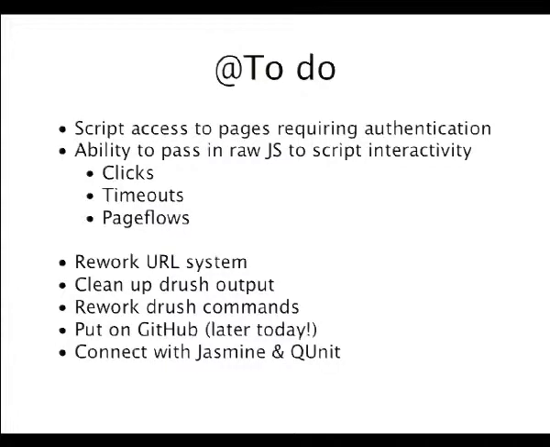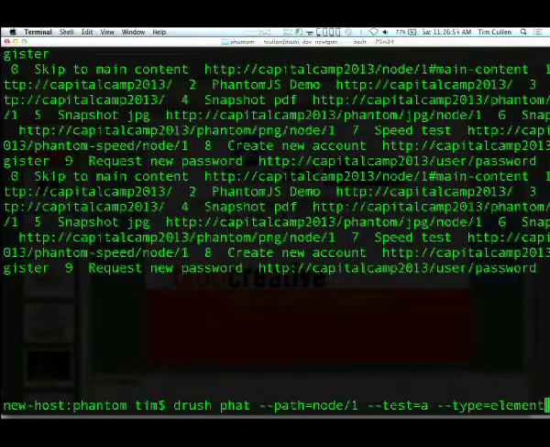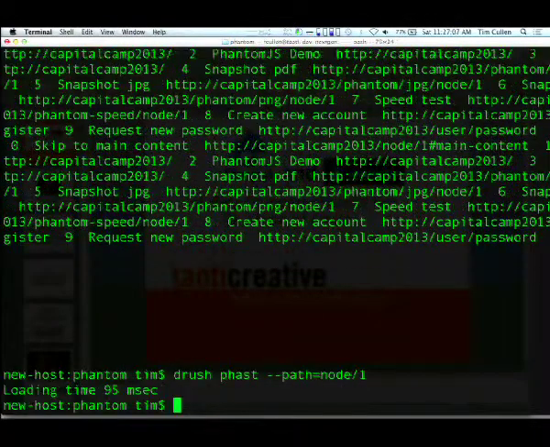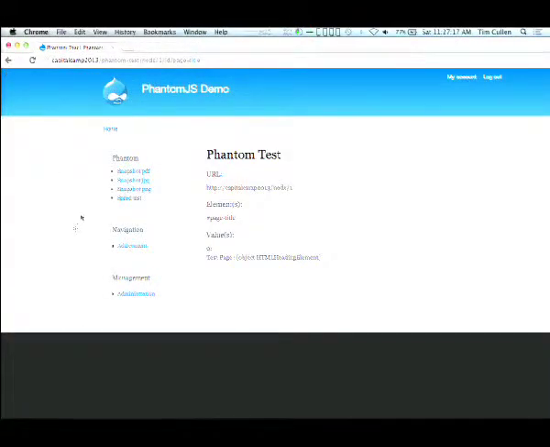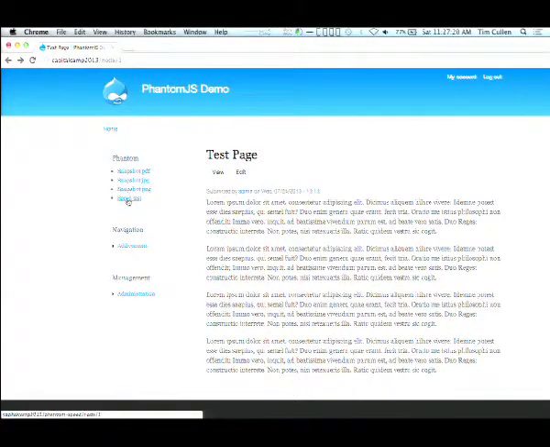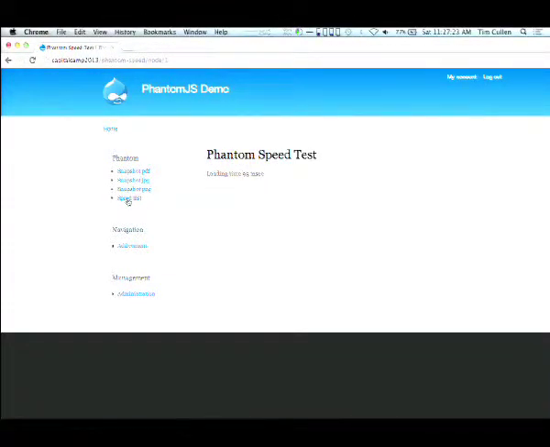And then before I end, we're going to really try and offend the demo gods by doing just one more thing. Let's see. This morning I coded up drush fast, which is a speed test. There we go. So you can now test how fast the page rendering happens. And this also exists on the web. So, speed test. And there you go. Eventually I'll show what script does this, but it's, again, very, very straightforward, very, very simple